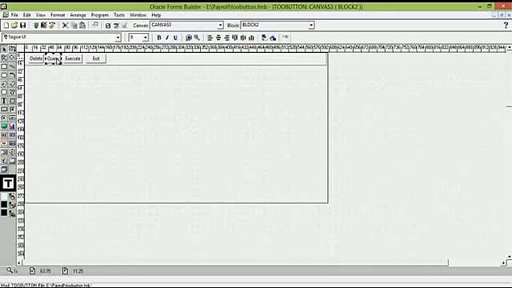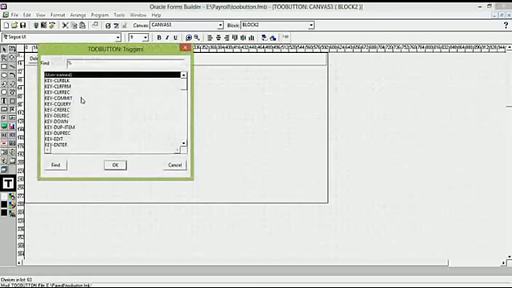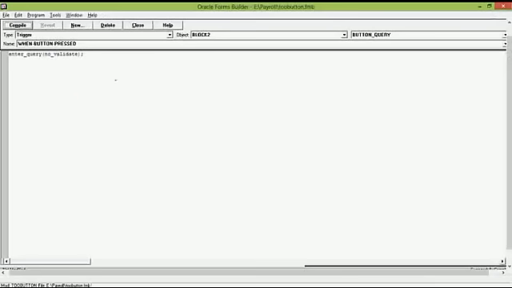Now let's select the query. We will again press F11 or right click on it and go to the PL/SQL editor. Again we will select the when-button-pressed trigger and write enter query no validate. As you can see, we have written here enter query no validate.